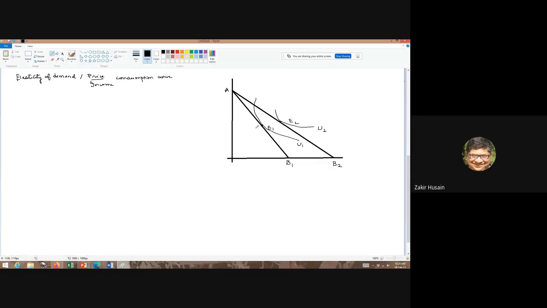তাহলে প্রাইস কনজাম্পশন হচ্ছে, দিস ইজ দ্য লাইন which is connecting all possible the different equilibrium conditions, ঠিক আছে? So PCC is locus of equilibrium points for different budget lines when এখানে কি চেঞ্জ করছে only P1 changes।